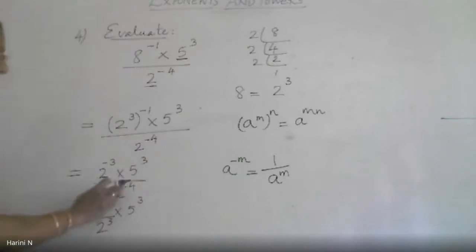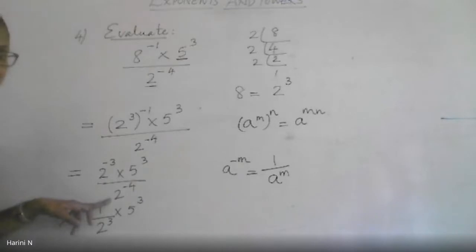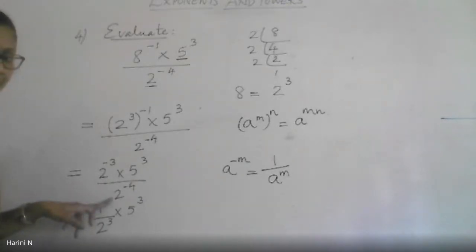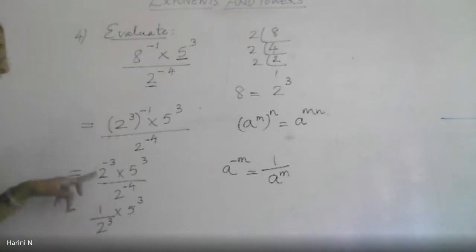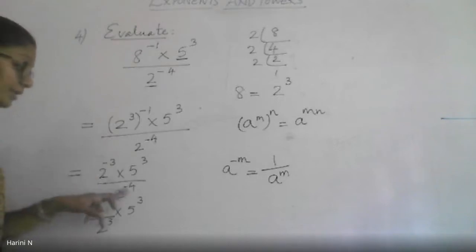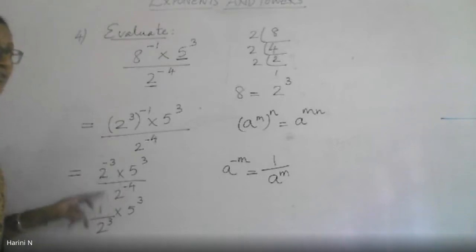What about 2 to the power negative 4 in the denominator? How will you change it into a positive power? It is already in the denominator. What should you do then? See, if you have a negative power in the numerator, you bring it to the denominator, because we should take the reciprocal to convert it into a positive power. Now your negative power is sitting in the denominator. So where should you take it?